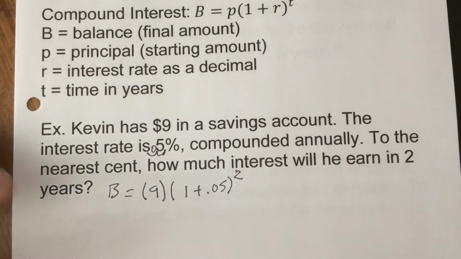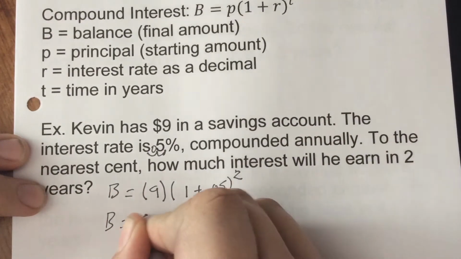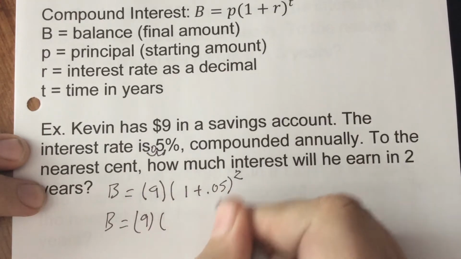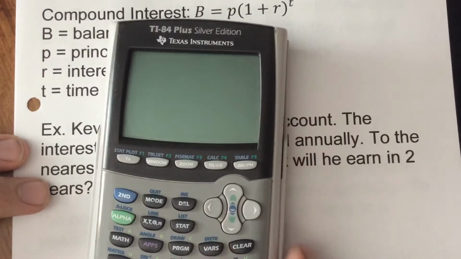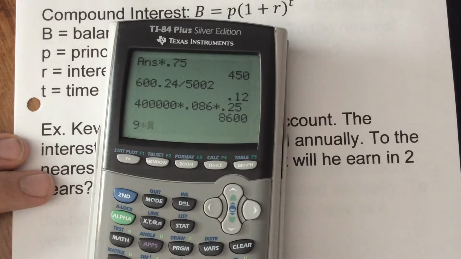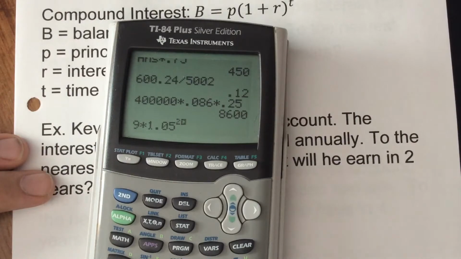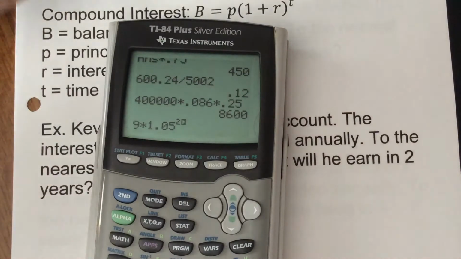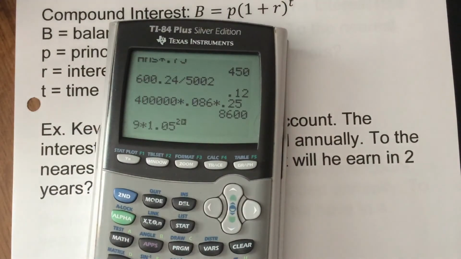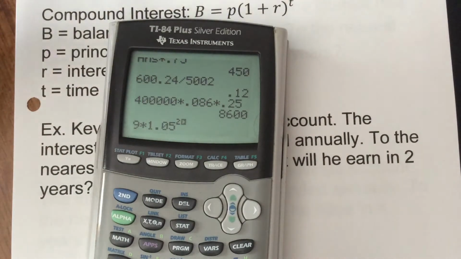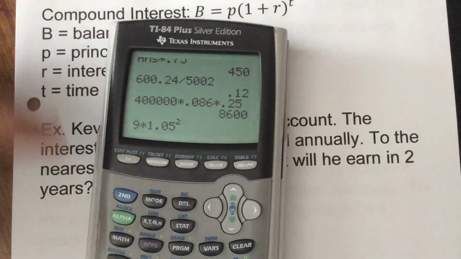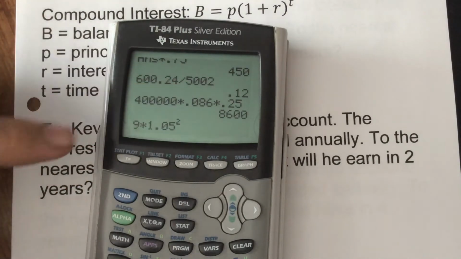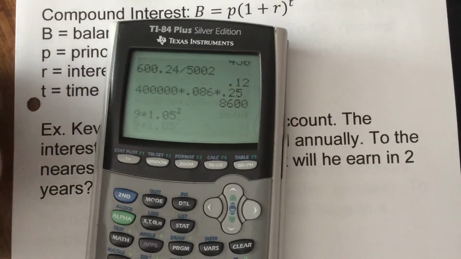So simplify this a little bit. So 9 is in front. 1 plus 0.05 is going to be 1.05. And you're going to raise that to the second power. So when you put in your calculator, you will do 9 times 1.05. And we're going to raise that to the second. So some of you with, I think they're the T30s, not the ones that I have for you guys, but the other calculators, those you have to put in backwards. You'll put 1.05, square it, and then take it times 9. Either way, you should end up with